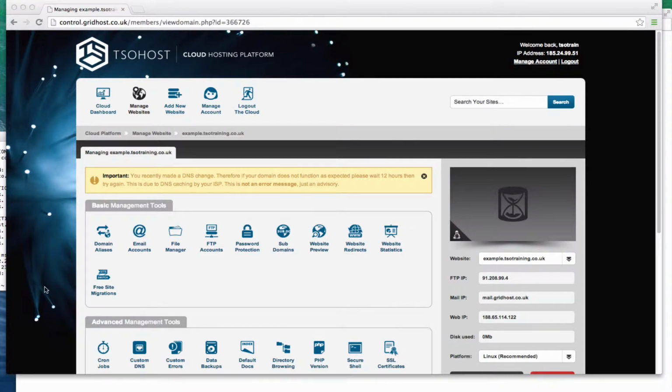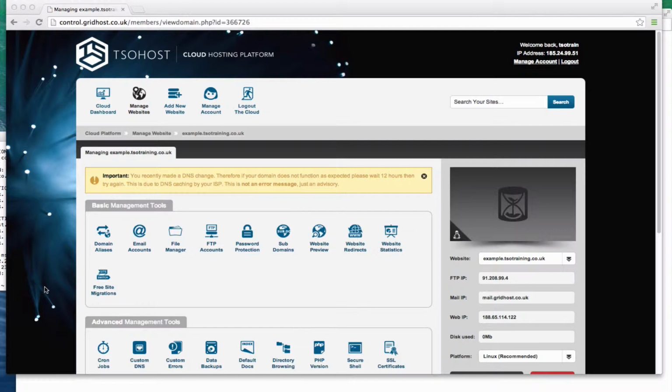Hi. One of the things we get asked for a lot is how to set a masked redirect. That is, we have a domain name, and on that domain name we want to show the content of another website, but we don't want to redirect to that website. We want to have our domain showing the URL. Also, we don't host that other website, so we have to show content that's hosted somewhere else on the domain